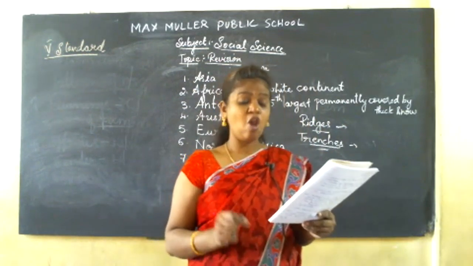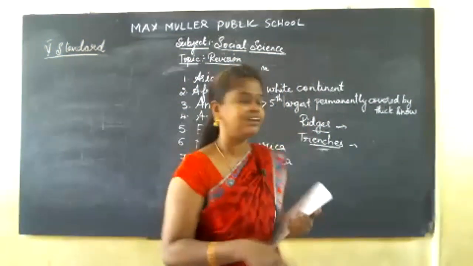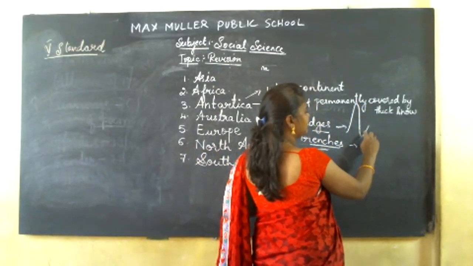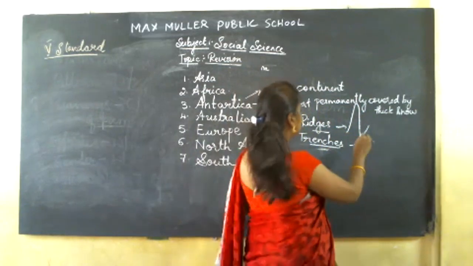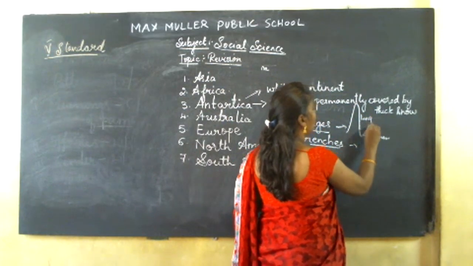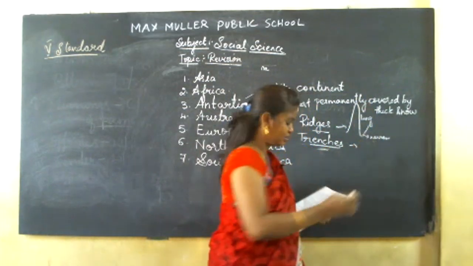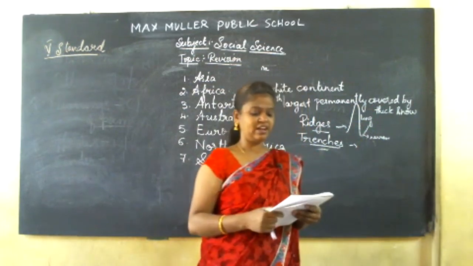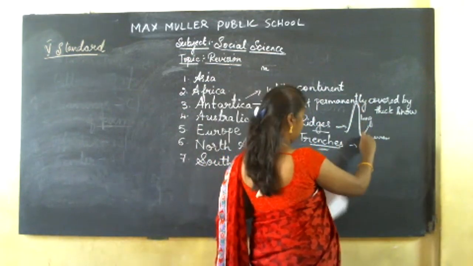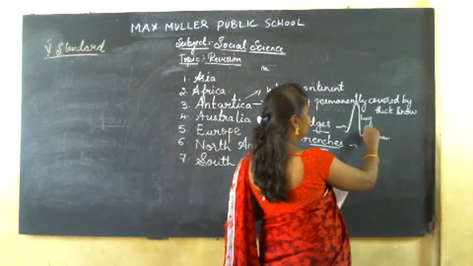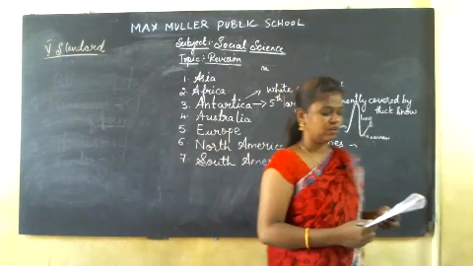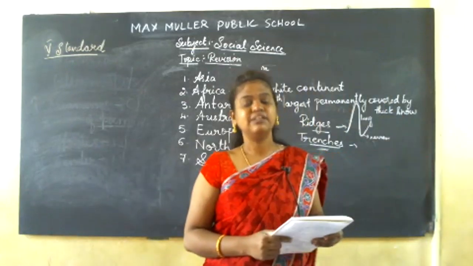Ridges are the long narrow piece of highland. It is a long narrow piece. So the curve which comes down is called as narrow. It is a long narrow piece of highland along the top of fields or mountains. So ridges are a long narrow piece of land or highland along the top of mountain or hills. So these are called as ridges.